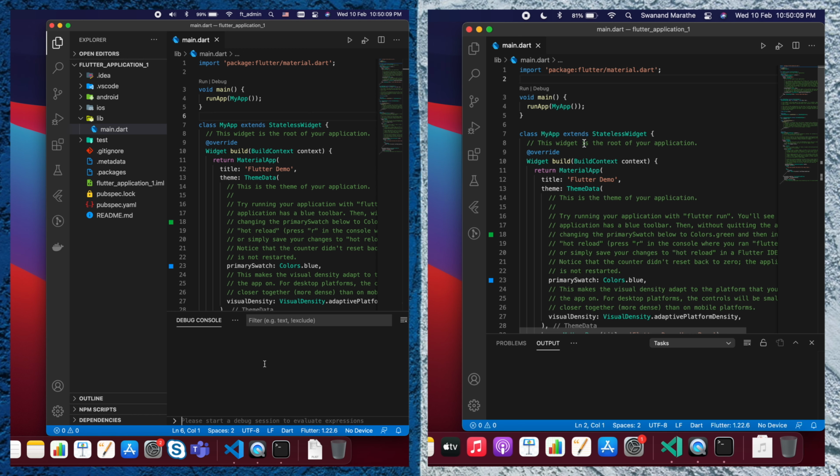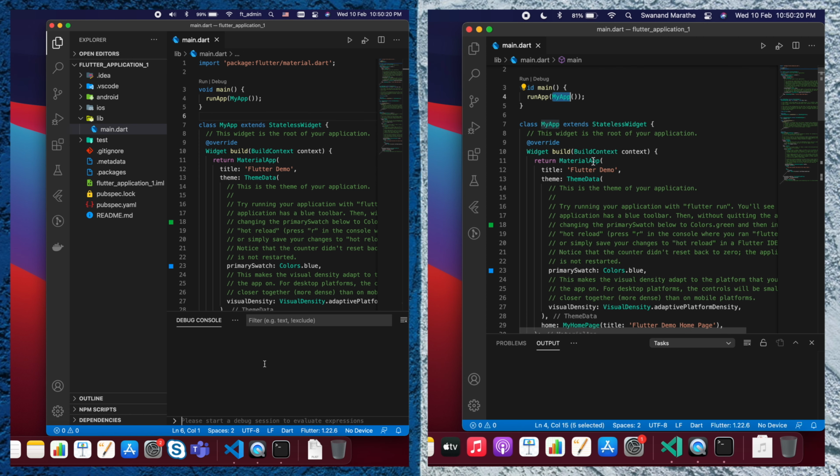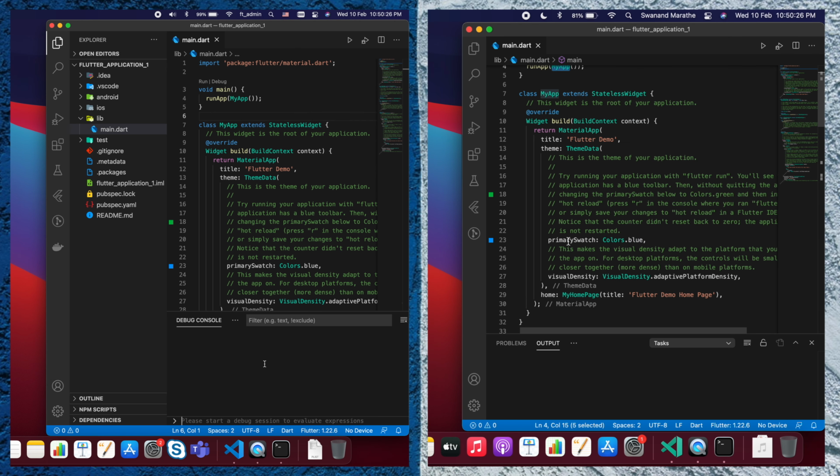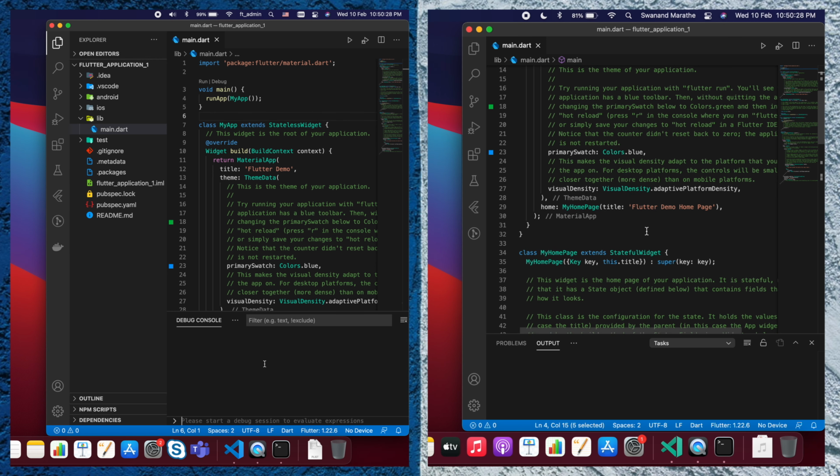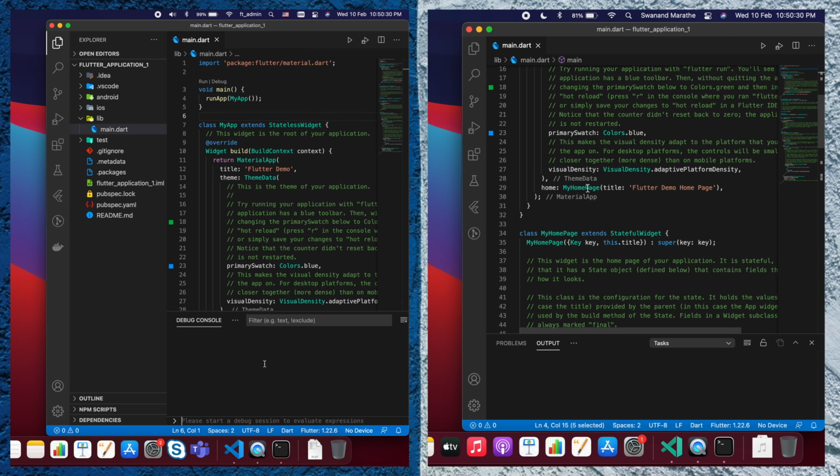Firstly, we are calling the main function, and in the main function we are calling runApp by passing MyApp to it. Here we have created a MaterialApp with the title Flutter Demo, a ThemeData with a blue theme, and then added a home page with the title Flutter Demo.